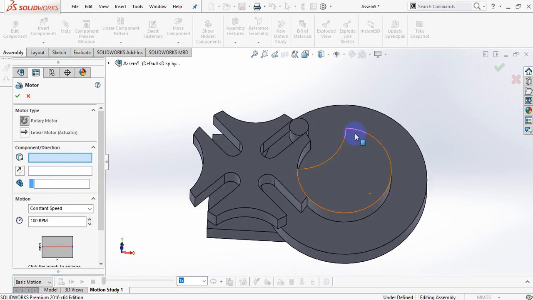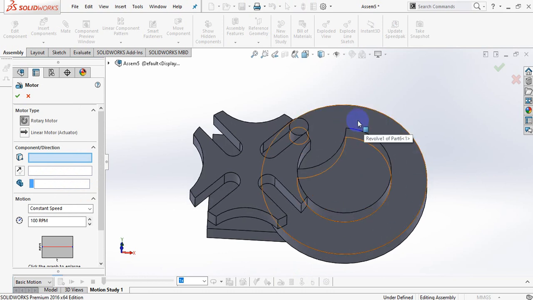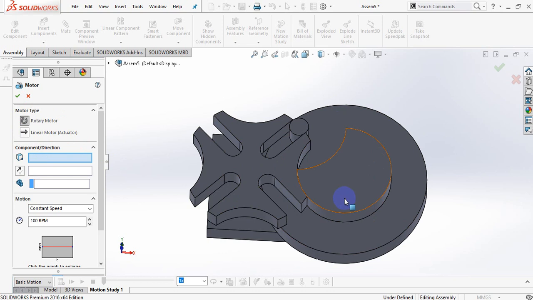This wheel is the rotation wheel. Here we have a motor type. One is rotary motor, the second is linear. Linear always works on rectangular or movable profiles. These are rotation profiles. Here, component direction means which direction the component should move or rotate.